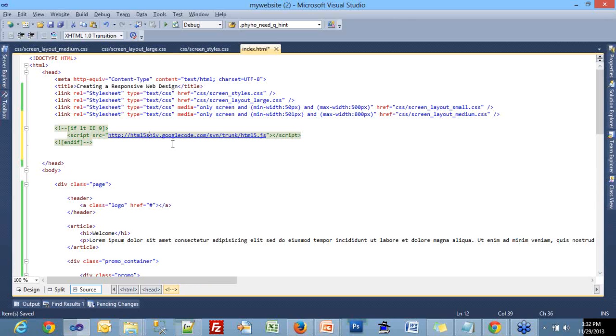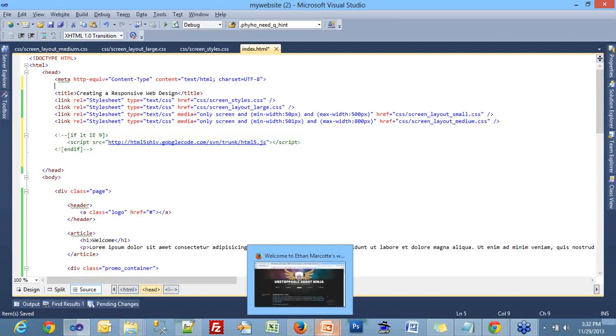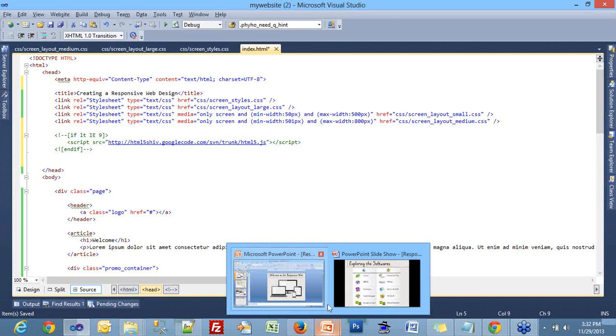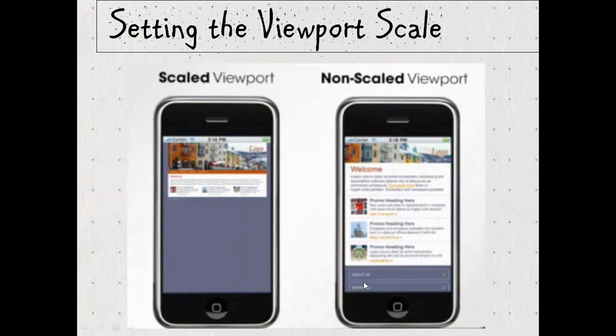And after this, let's also define viewport. Basically, if we talk about viewport, one of the great things about mobile web browsers is they have the ability to take a